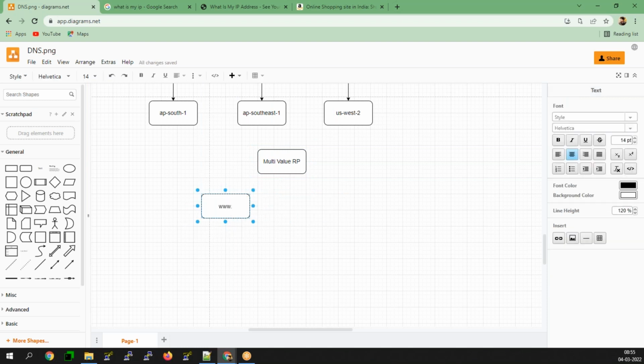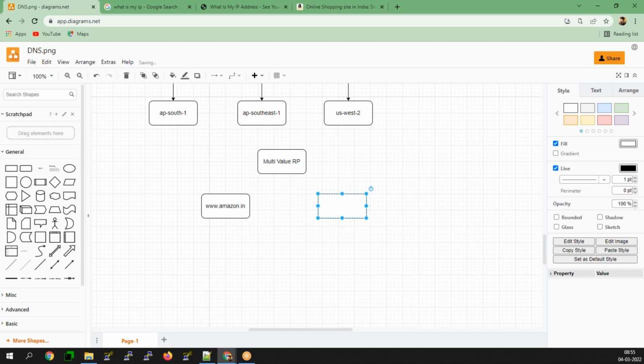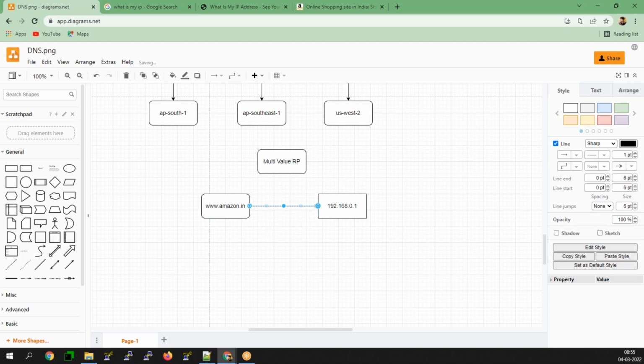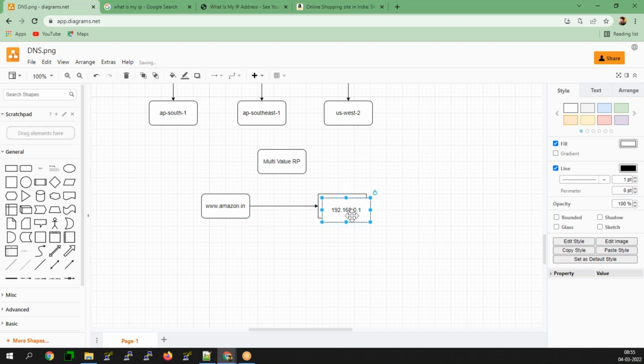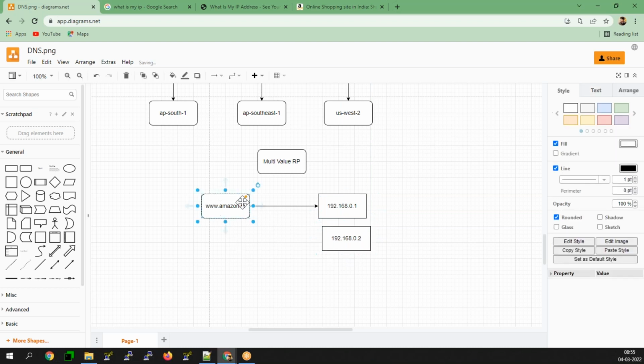So www.amazon.com or amazon.in, you have multiple A records here. For example, you have 192.168.0.1, here you have 192.168.0.2, and you can have 192.168.0.3.